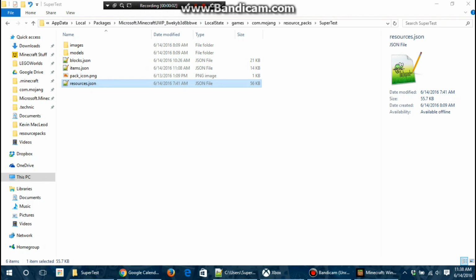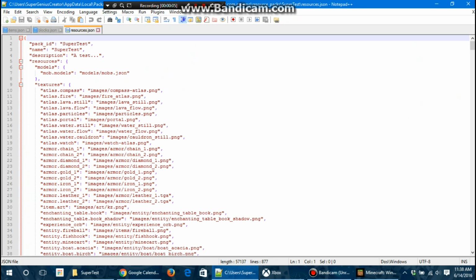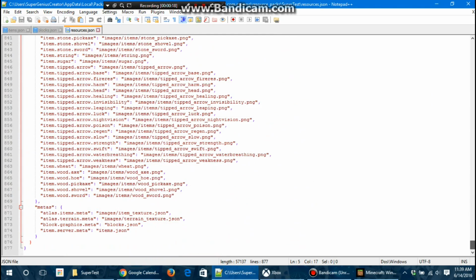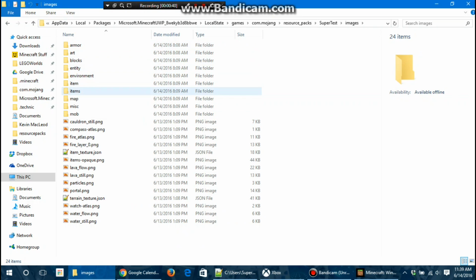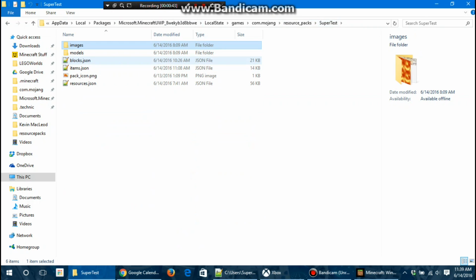Now, there's also this resources.json file, which as you can see here is where you can define the pack ID, name, and description. And here you can see I've got this resources tag, and basically this is just used to define the area where all the textures are. So like the atlas.compass will be put at this location, images slash compass dash atlas.png. So essentially, you could have any structure here you want. Instead of having it organized like this, you could just do whatever you want,